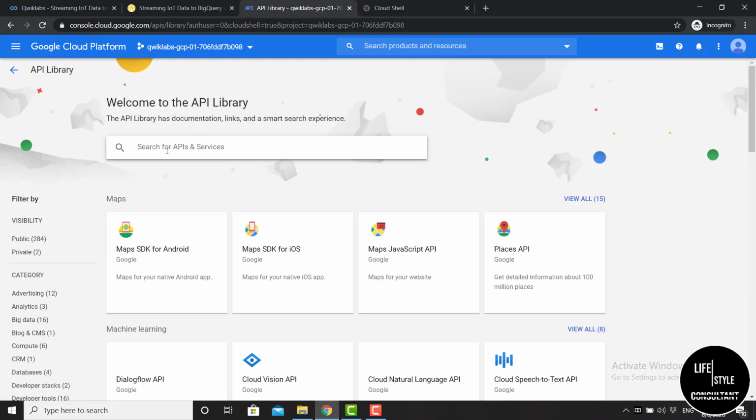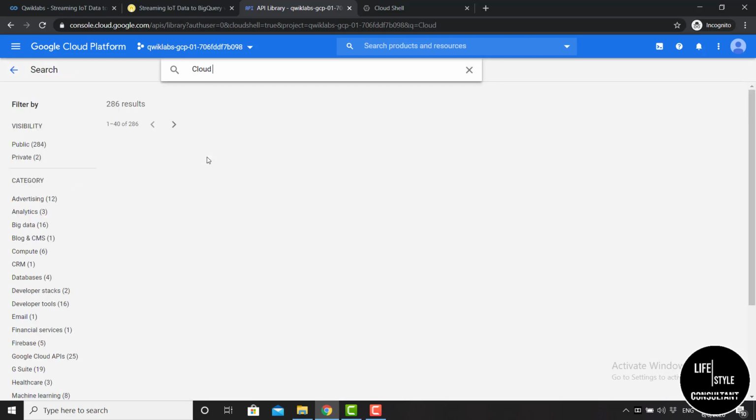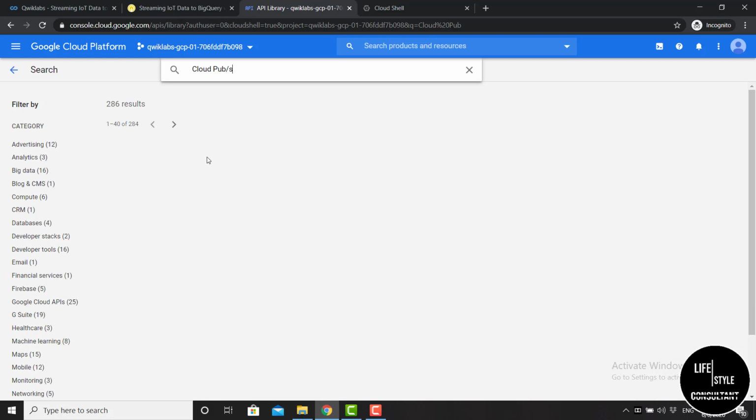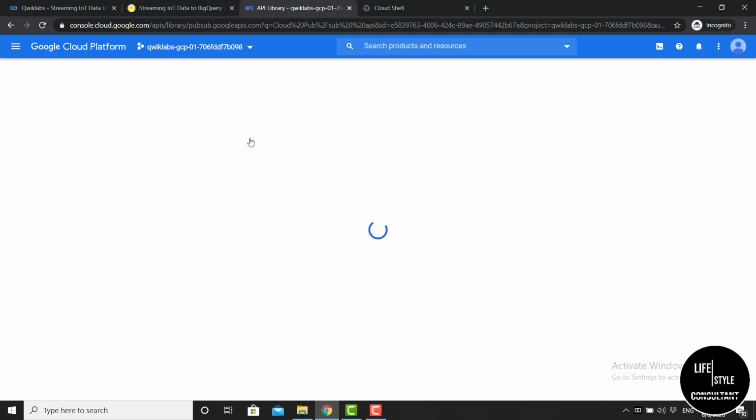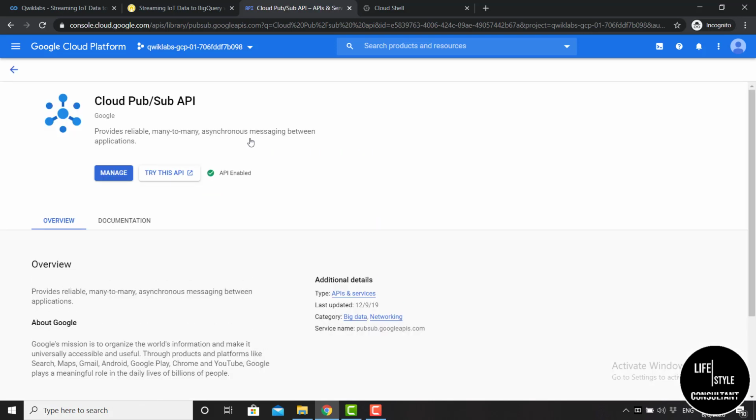Okay, now you need to search Cloud PubSub API. Okay, here is Cloud PubSub API. You can see this API is enabled. So you need to search another API.